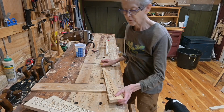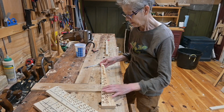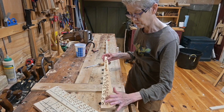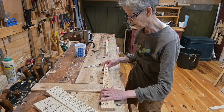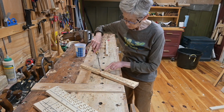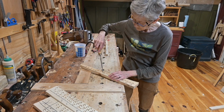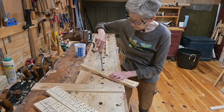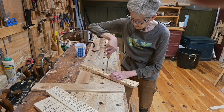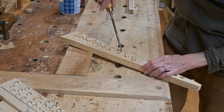All right, now that I've cut lots of plugs, and that should last me a while, I want to show you a few tricks on how to get them out. So notice the grain, of course, in this one is going this way. So I want to kind of get them out along the grain line. So I put this tiny little chisel beveled towards, and I just break it off from one side. Then I'll go back and break it from the other side. And you'll notice,